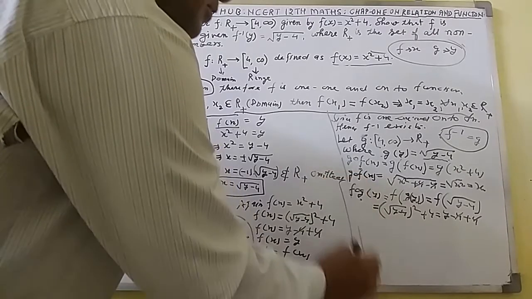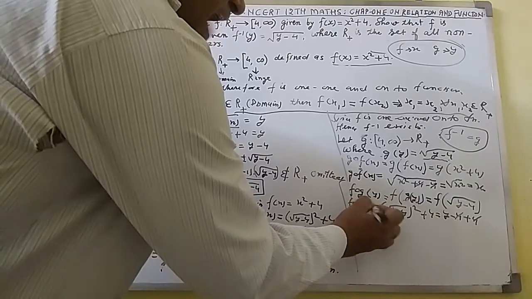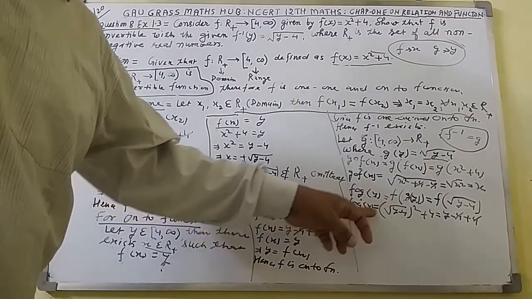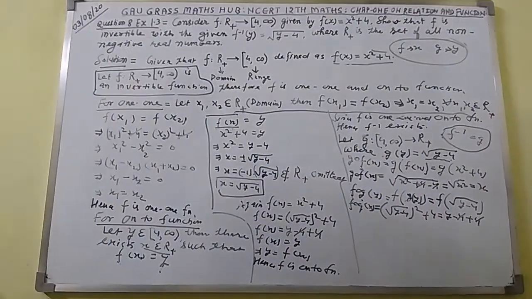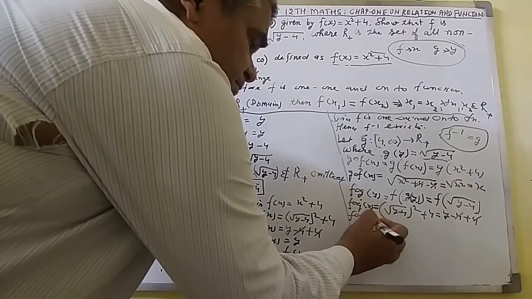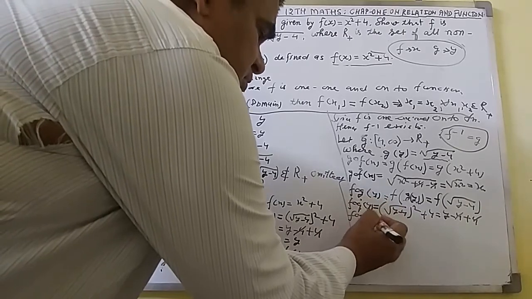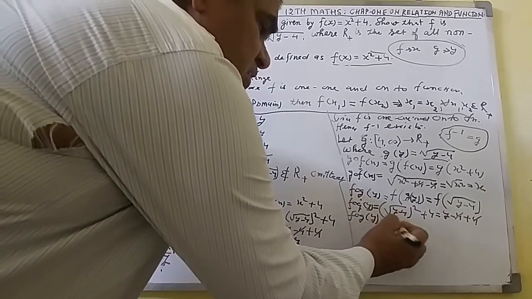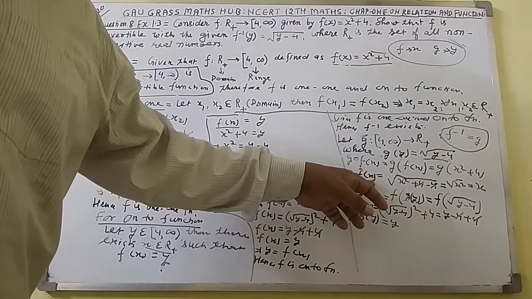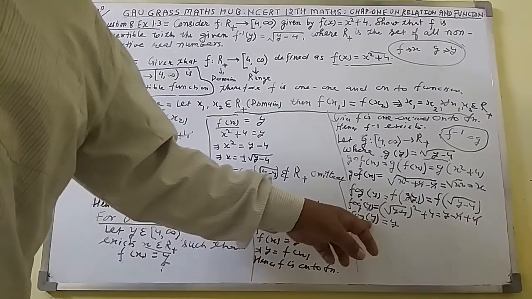So here we will get f of g in bracket x, equal to y. Y I have got. Once again, this is f of g(y), y. You will get here only y. So here you have got g o f x equal to x, and f of g y equal to y.